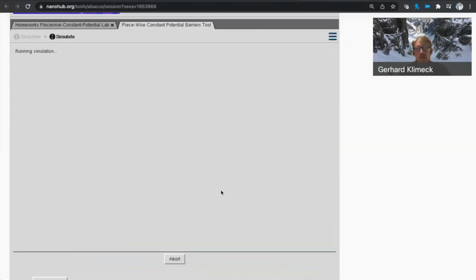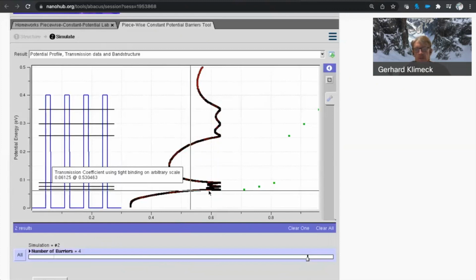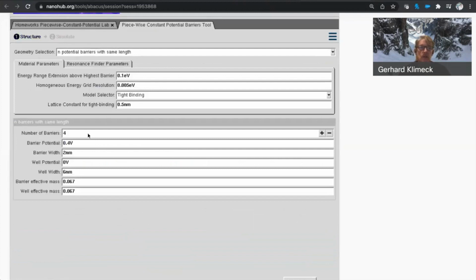What you should see is the formation of bonding and anti-bonding states here in the quantum well, and your transmission splits into three levels. So now here's a transmission with three peaks, and here are the positions of these peaks. And you can probably know where I'm going with this. If I now make this 8 and change nothing else,